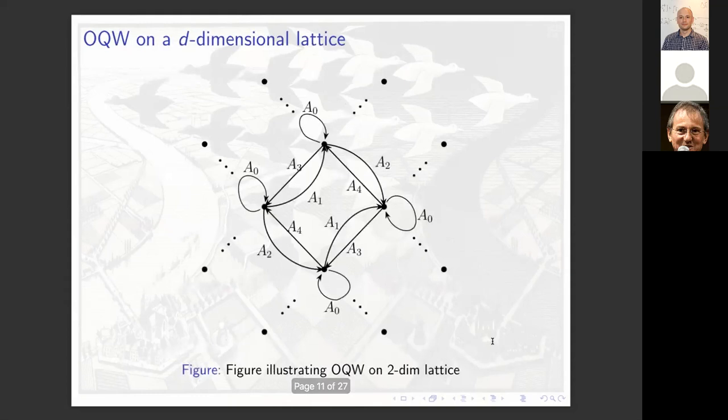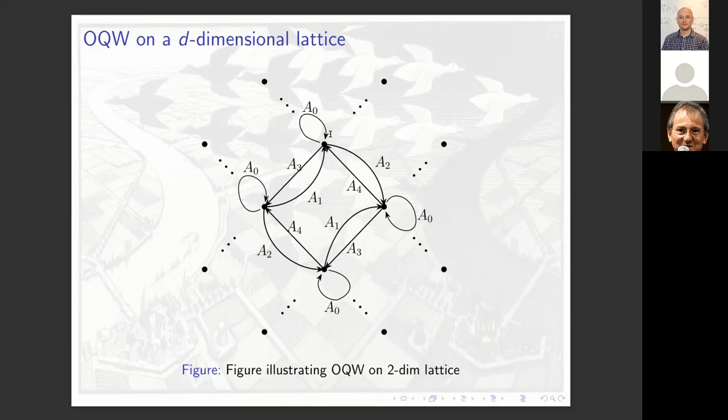And if that wasn't clear enough, here's another picture. This is just an illustration of a two-dimensional lattice. On this picture, the positive direction, I guess it ultimately doesn't matter too much, but at least in my mind, I have one positive direction as going from the bottom left to the top right. That's the one positive direction, and movements in that direction are described by this operator A1.